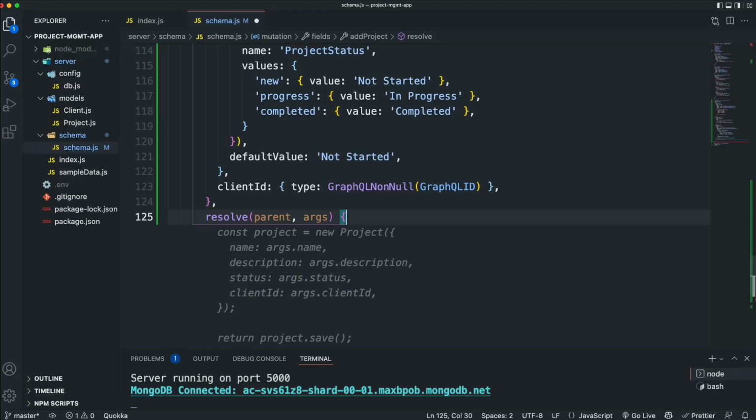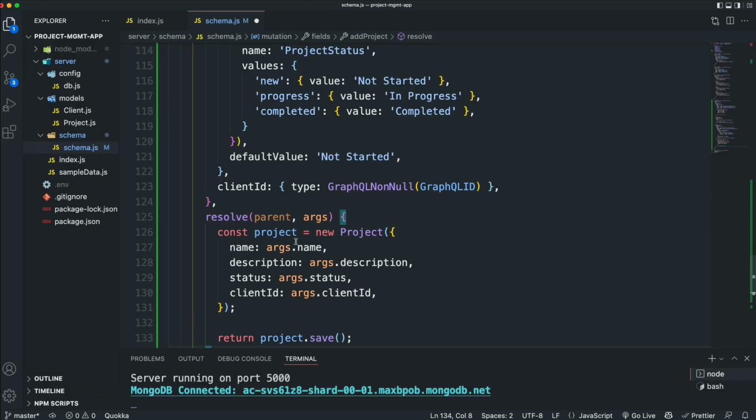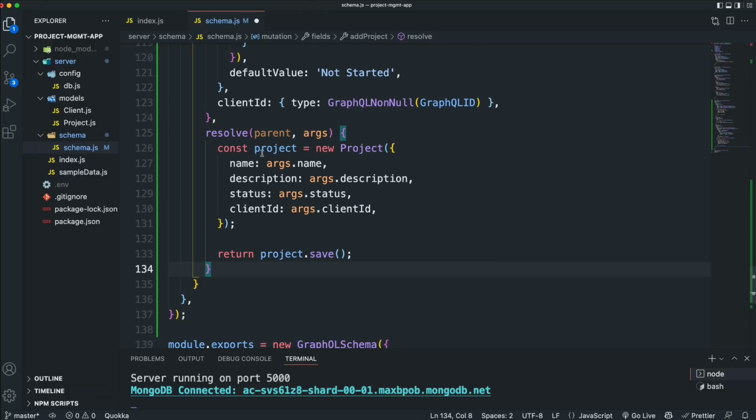Actually, let's see what GitHub Copilot is giving us. Yeah, so that's good. So in the resolve, we're going to create a new project using the project model. We're passing in all the fields with the values coming from the args, and then we're saving the project. Okay, so pretty simple. So let's save that, and let's try